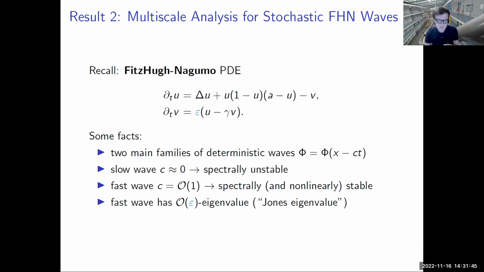And the fast wave is linearly stable and spectrally stable, but there are some complications. It has an eigenvalue for the linearization. If you linearize, it is actually very close to zero, and close to zero in the sense of this time scale separation parameter epsilon, which appears here to show you, okay, u is fast and v is slow in this case, at least to a certain macroscopic extent. If you want to prove that in more detail, that's already hard.